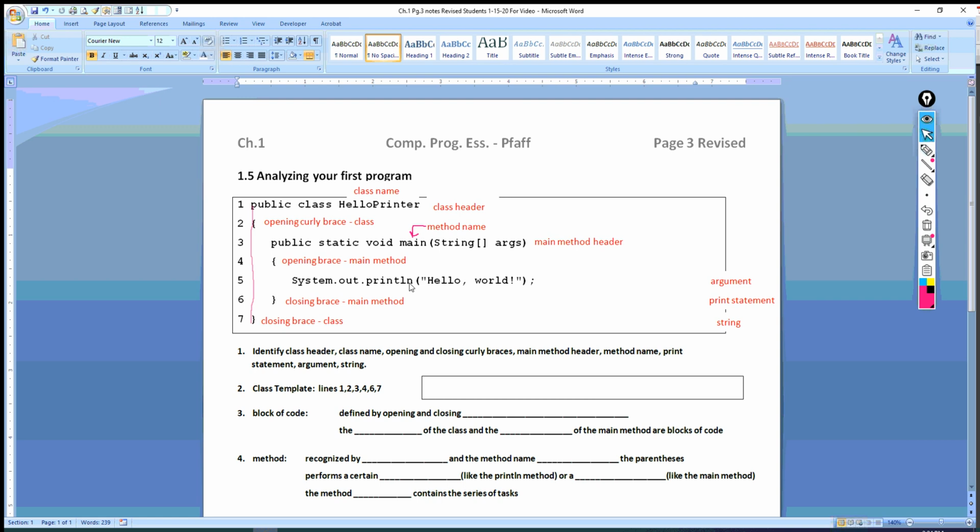Then the next line is line 5, which we identify as a print statement. The print statement is, at this point, the only way we know how to display output on the screen. There's another method that we will learn later on, but right now, the print statement is what displays output on the screen. Now, inside of